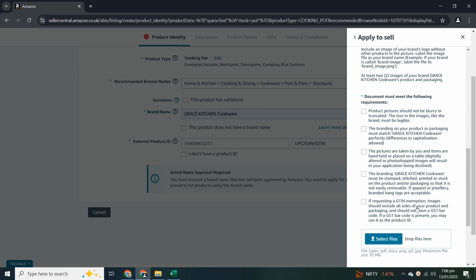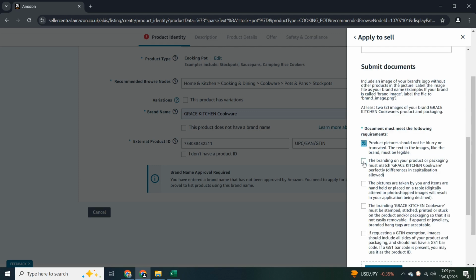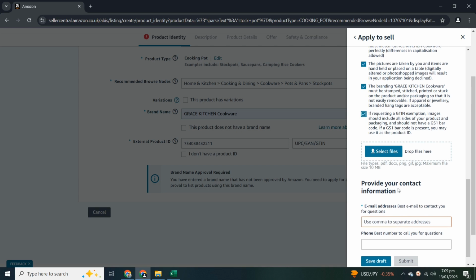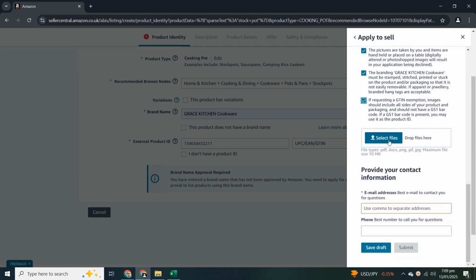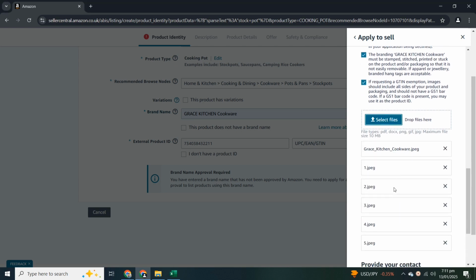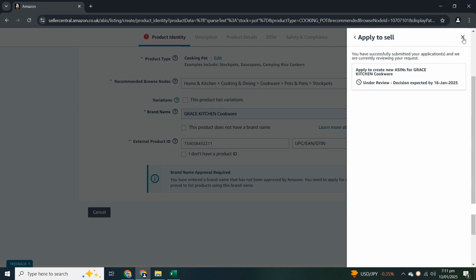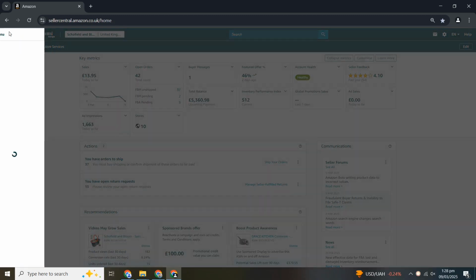So I am going to check this checklist one by one. After checking this checklist, select file and upload all the files. At the bottom, write your email, and in the second cell you can add your contact number if you want, and click on submit. Your brand name approval will be under review, and after a few hours you can see